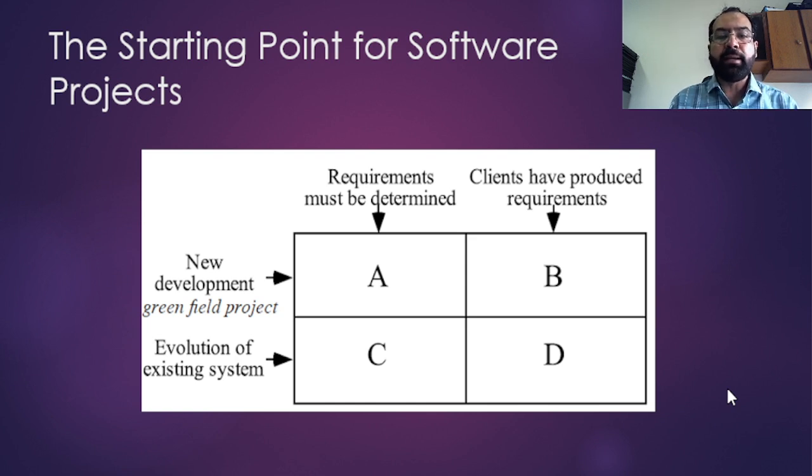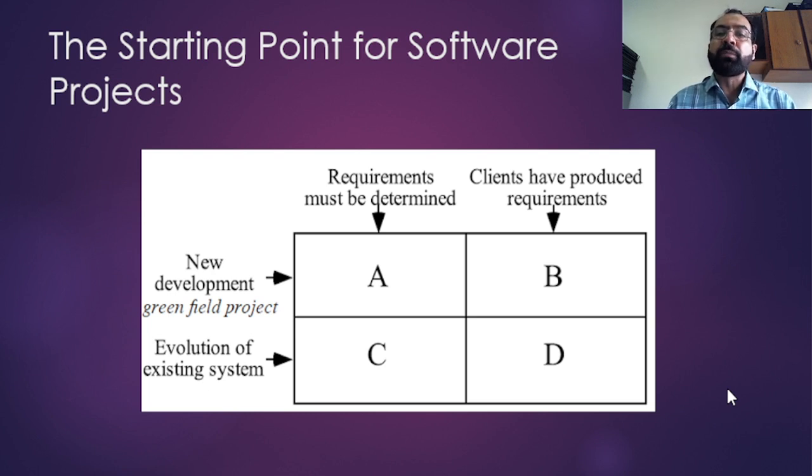Totally new development means you are starting from scratch, or you can go for evolution of an existing system, because in most cases you identify the problem, and instead of going for a new software or an application, you go for evolution or a change within the existing system,